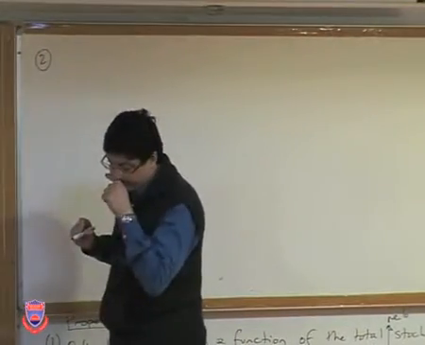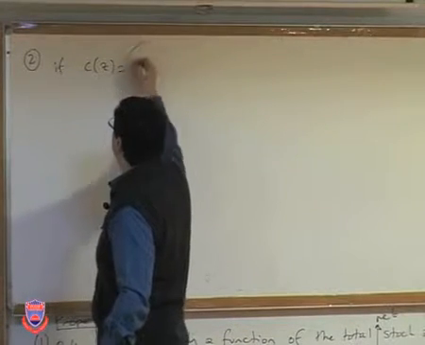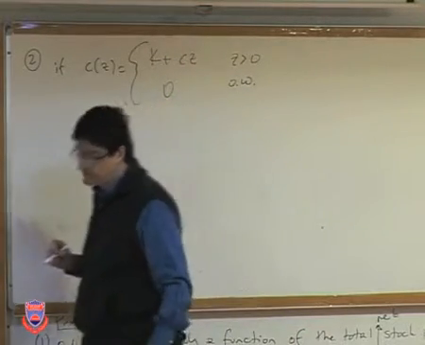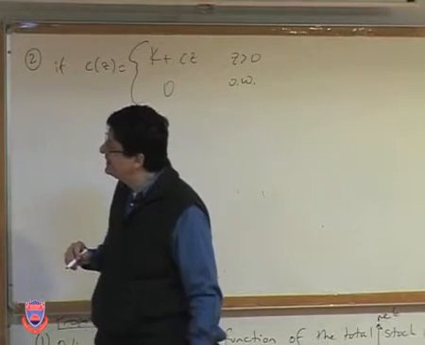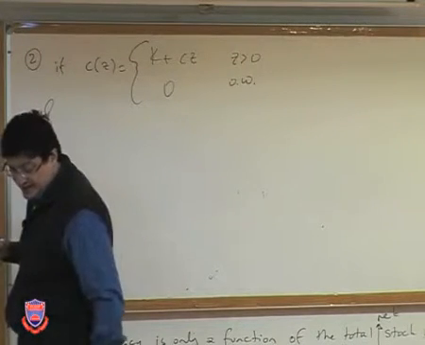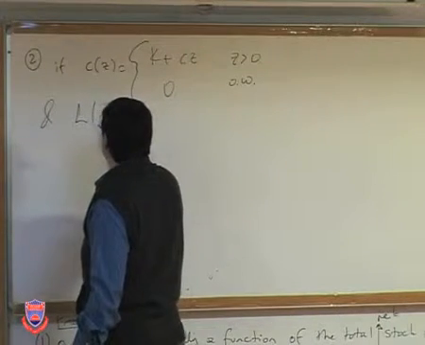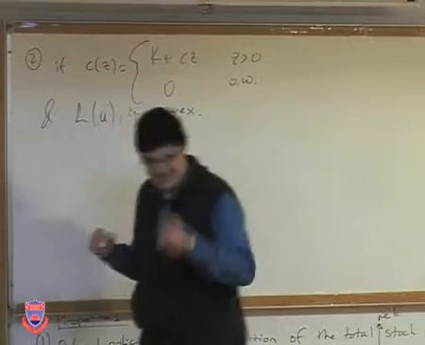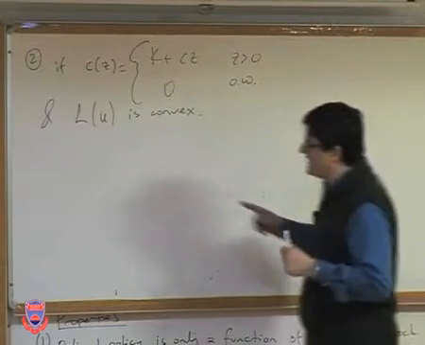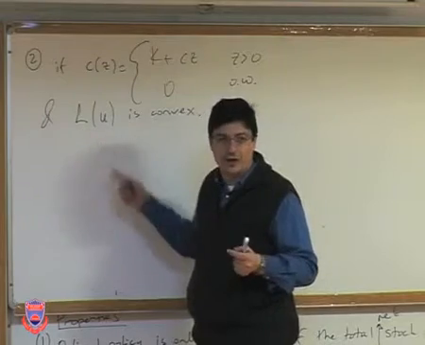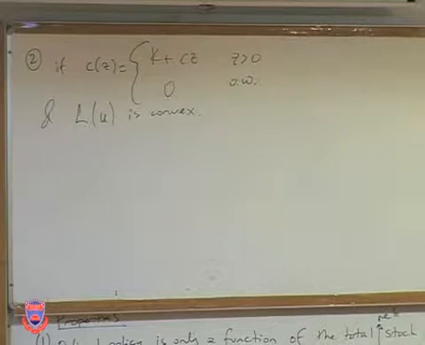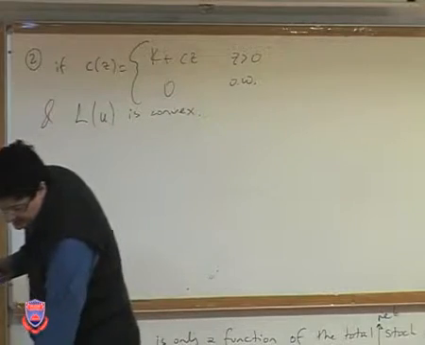Now, the second property. If C of z function is given by K plus c of z for z positive, 0 otherwise, okay, this is the first condition, and if the L function is convex, okay, so this is the next thing. If this is convex, then the integral of L of u will be convex, because you are adding up convex functions. Okay? And in that case, if these two conditions hold, then